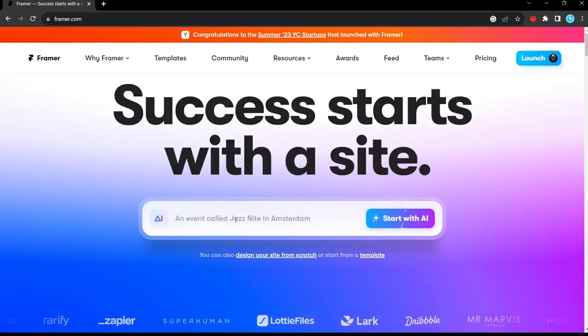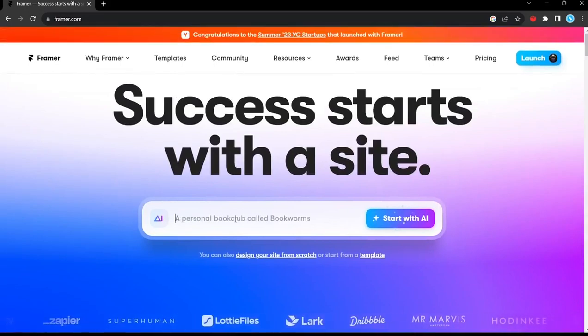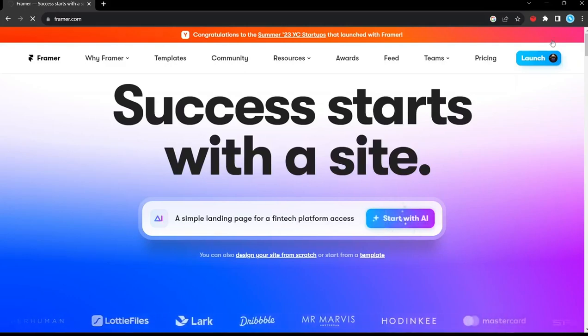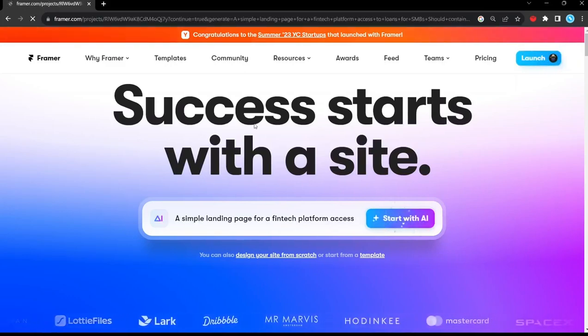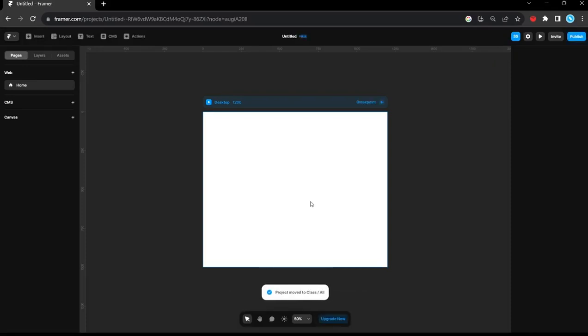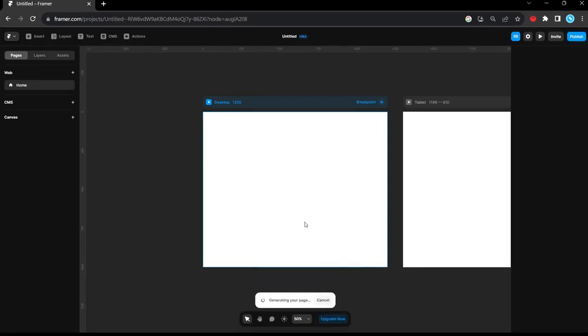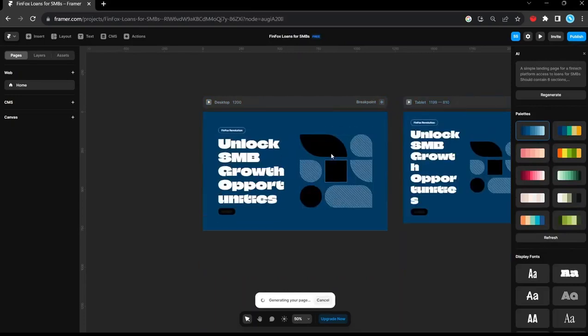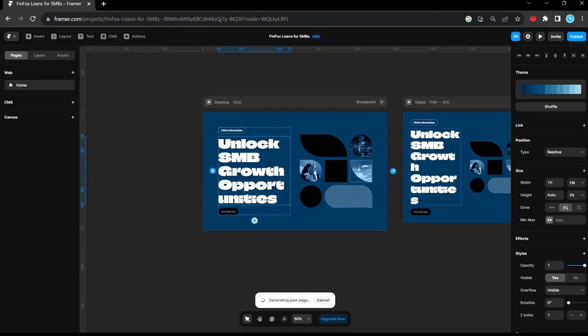Then, of course, we also have the AI feature here where you can put in a particular prompt. Let's just put this in and click start. Because I'm already logged in, watch what happens. It's going to take a bit, but it's going to create my website based on the prompt I gave the AI. So just click confirm here and give it a bit. It's loading. You can see it's generating your page. And I mean, it's obviously terrible, like I told you. It's not something that is practical, but with time, we might see this technology improve and be able to do way more